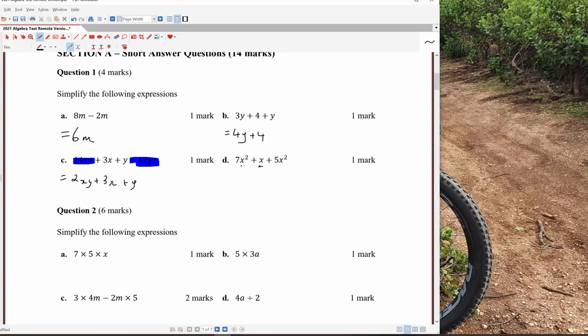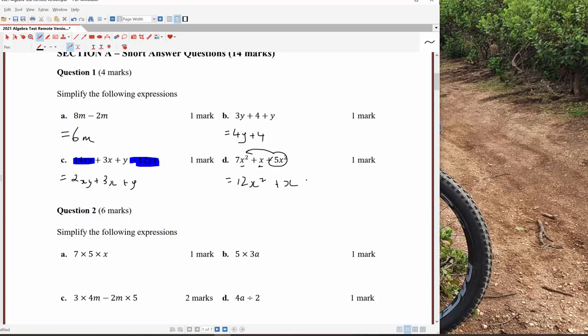This one here, we've got 7 lots of x squared plus x. Now, x and x are the same variable, but this variable is being squared and this variable isn't, so we're not allowed to stick them together. But I can put that 5x squared onto the 7x squared to give us 12x squared plus x, and again,